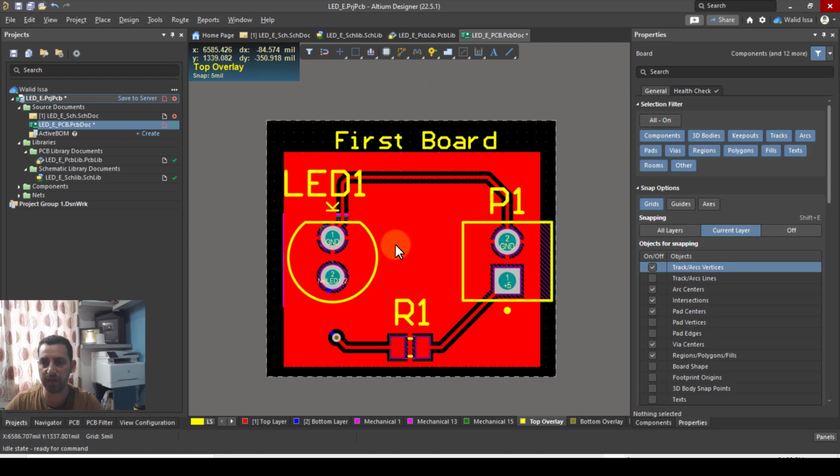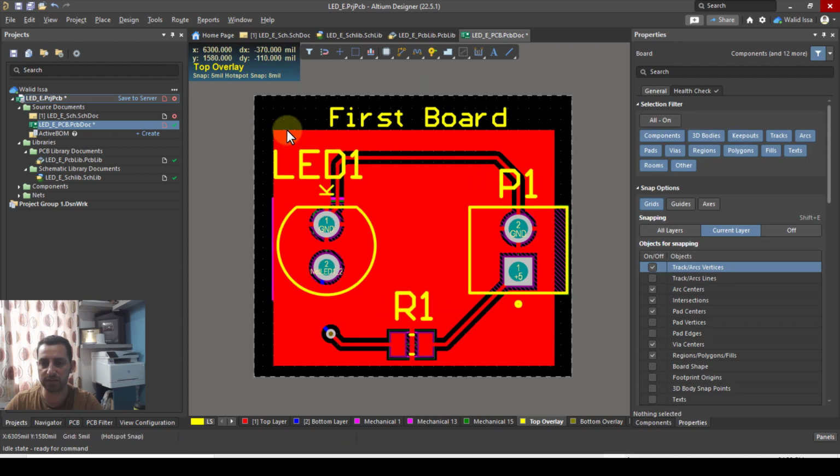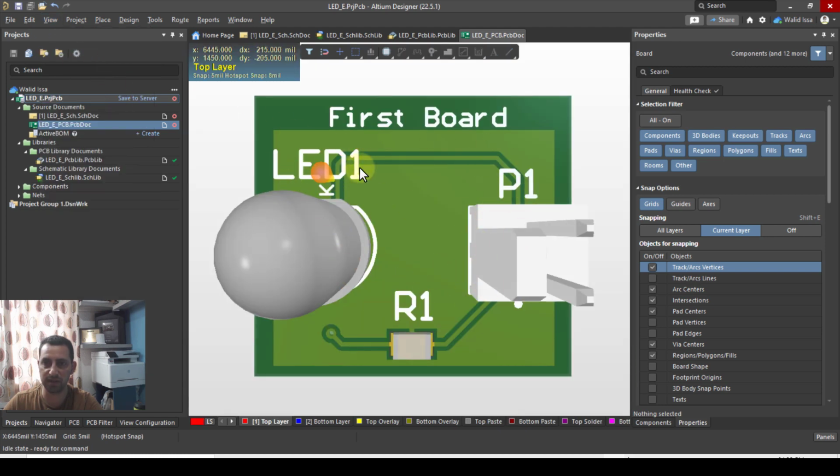Okay, so that's everything from the component allocation side, and also connecting them using the traces. And I can save everything now. But I need to see the 3D model and visualize how it looks. So I can go for view and 3D model, and yes, it seems it perfectly matches what I already